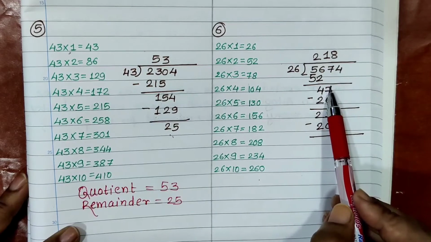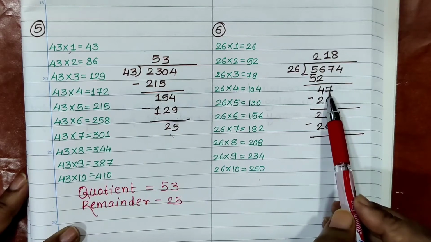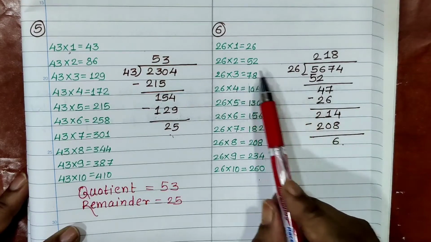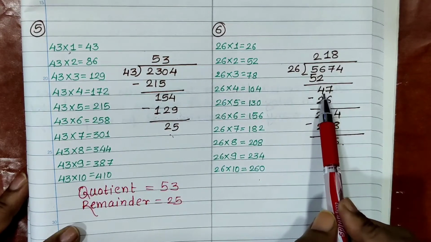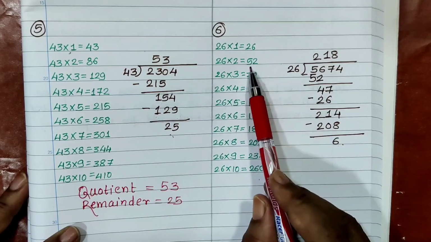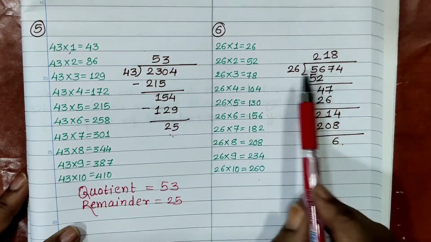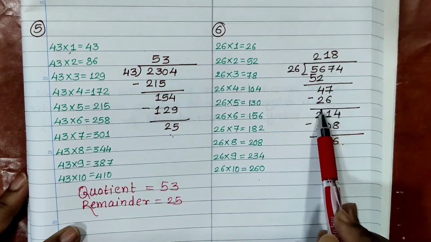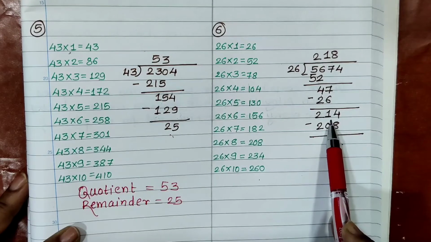Now we have to put down one digit at a time. We have to put 7. We get 47. We have to check whether 47 is there. No. But the number which is smaller than 47 is 26 only, because 26 2s is 52 and 52 is bigger than 47. And that's why we have to write 26 1s are 26. 47 minus 26, we are getting 21.